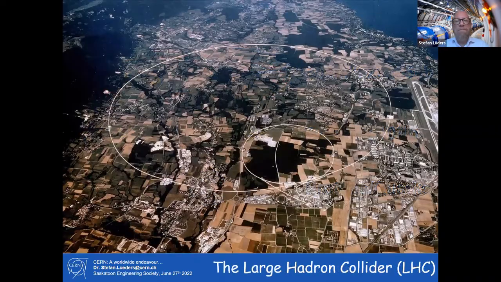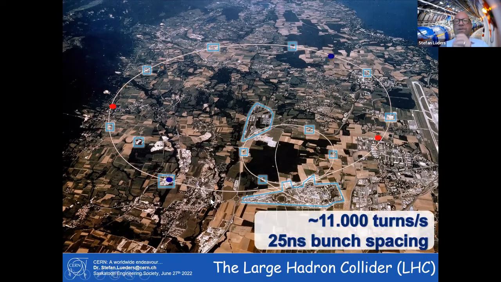So this is how my home area is looking like. On the right-hand side, you see the airport of Geneva. In blue, on the left-hand side, you see the Jura Mountains. My house is not on that map here. In blue are the different sites of CERN. The main triangle at the bottom is the main site of CERN. You also have the northern part of CERN where we have other experiments. And embedded in this, we have the Large Hadron Collider, where the bunches, remember the 2,556 bunches, are circulating.